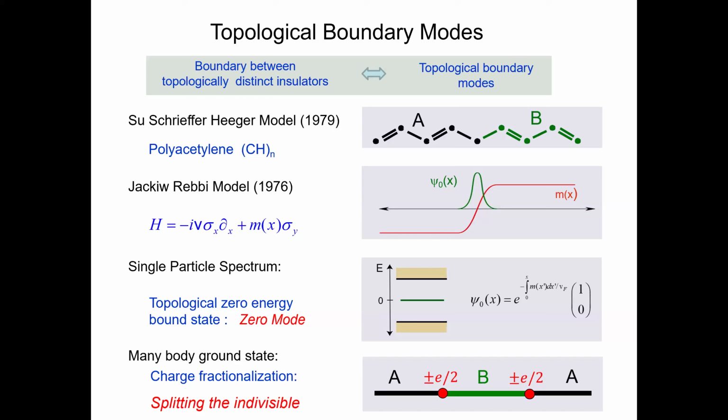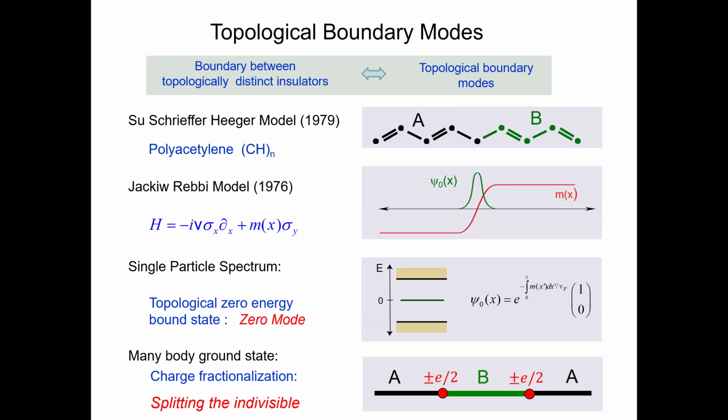Okay, and so this plus or minus a half is our mark. So this is the phenomenon of charge fractionalization. As I said yesterday, there's a sense in which if I add an extra electron to the A phase, I can split it apart into two charge e over 2s. One other point I'll make: this is a little bit of an idealization.